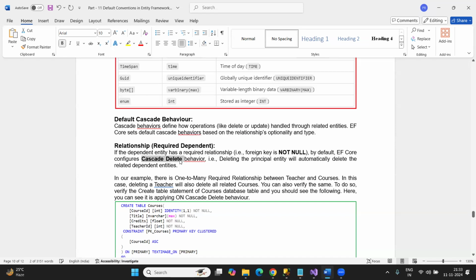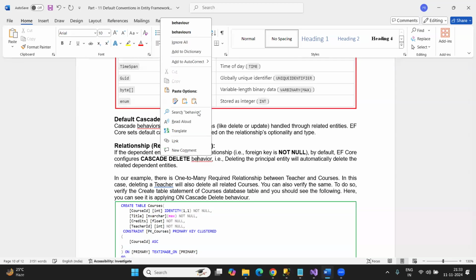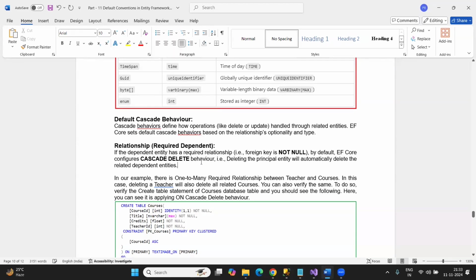It is going to configure cascade delete behavior. If the foreign key is not null, it is going to configure the cascade delete behavior. So, sir, what do you mean by cascade delete behavior? Cascade delete behavior means if I'm deleting the principal entity, automatically the dependent entities are going to be deleted. Cascade delete means if I'm deleting the principal entity, then automatically the related entities are going to